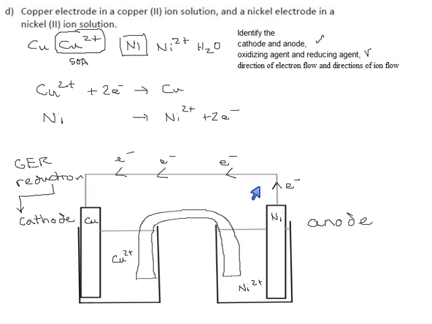And if negative electrons are going counterclockwise here, any negative ions would be flowing counterclockwise through the bridge like this. Thing is, they didn't tell us about any. They said a copper 2 solution, but they didn't say it was copper chloride or copper nitrate or whatever, so if there were negative ions, they would flow in this direction. Positive ions flow the opposite way, and so it makes sense that we get nickel